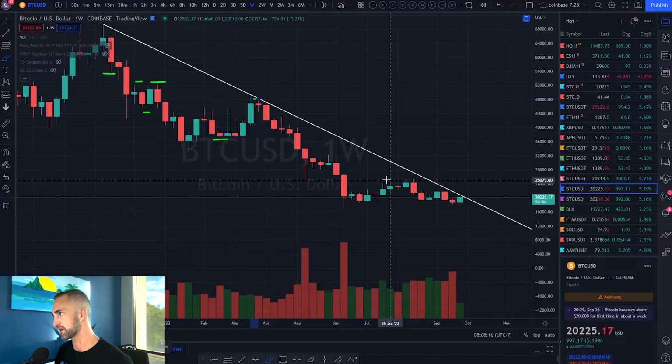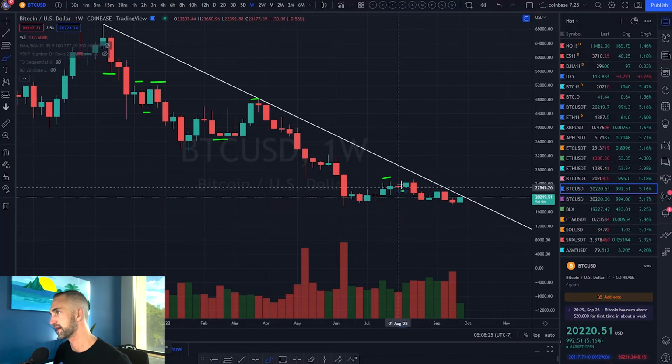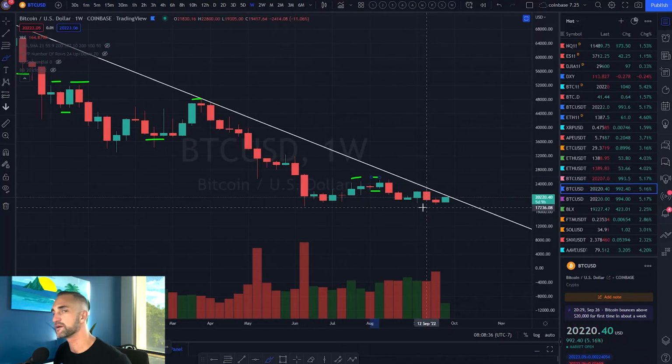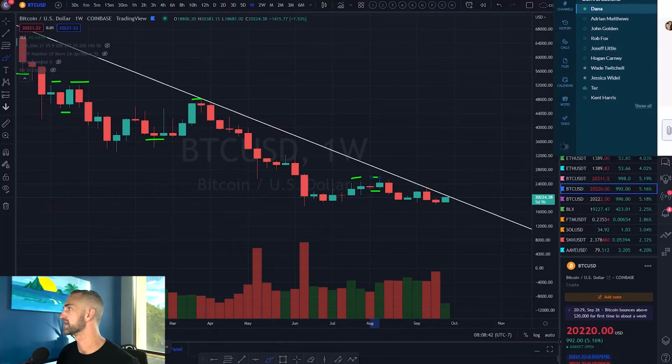Okay, here we get a higher high and a higher low, higher high, but we do not get another higher low. In fact, we get another lower low, and the downtrend continues. So what are we doing here? We are doing the same thing, and I am just going to